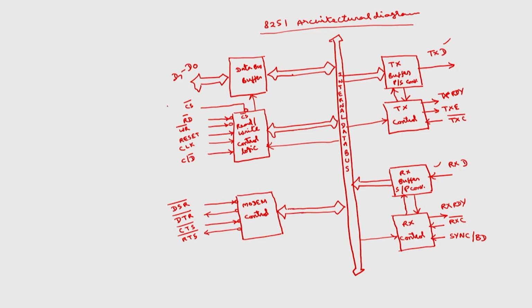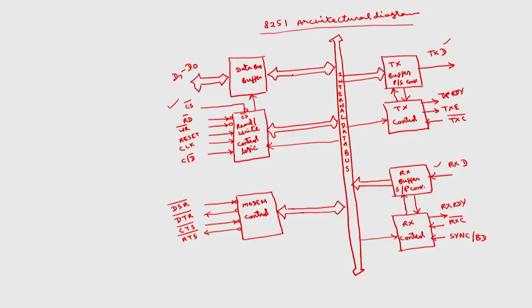So, the chip select signal is obvious. Whenever the chip is selected, in order to select this chip, CS bar should be 0. Okay. So, read bar, write bar signals, I will come to this read bar, write bar in connection with C by D bar. So, these 3 signals are related, I will come to that later. Reset: whenever this 8251 receives a reset signal,